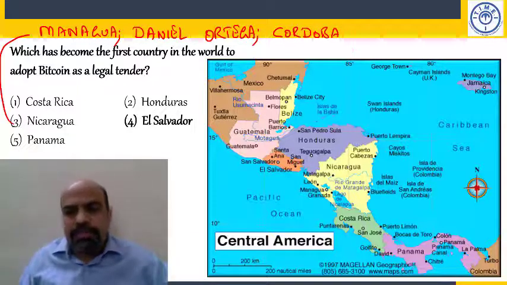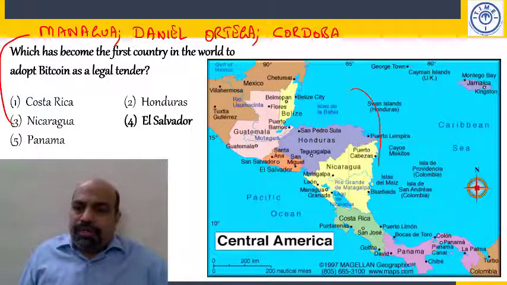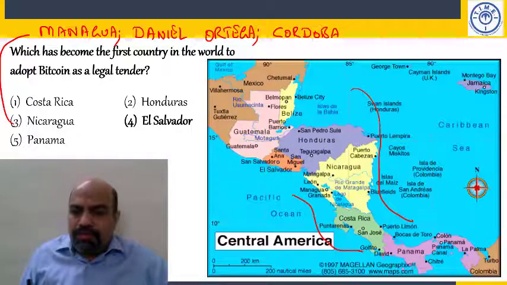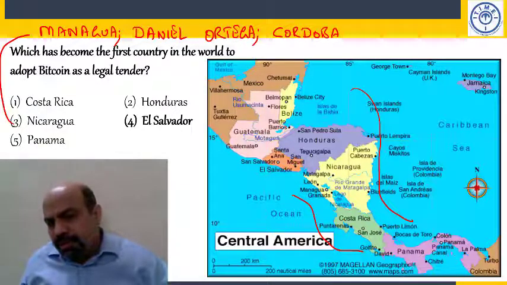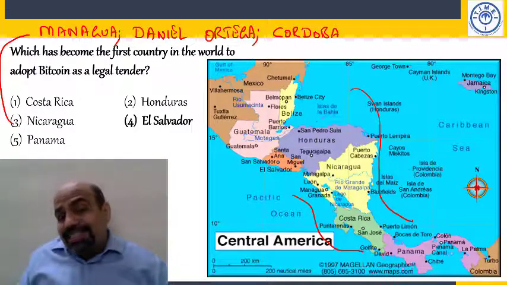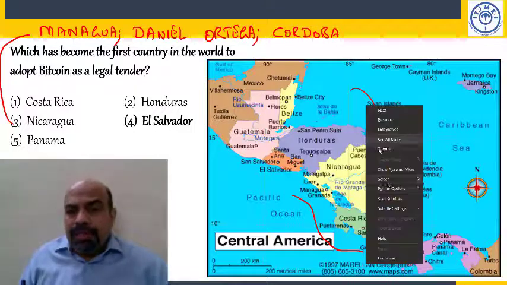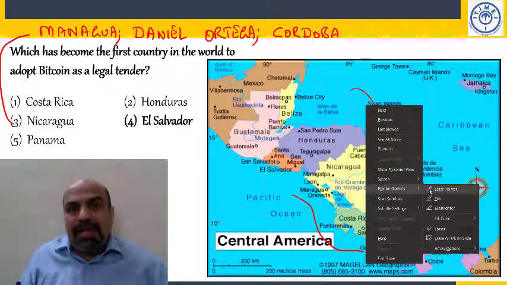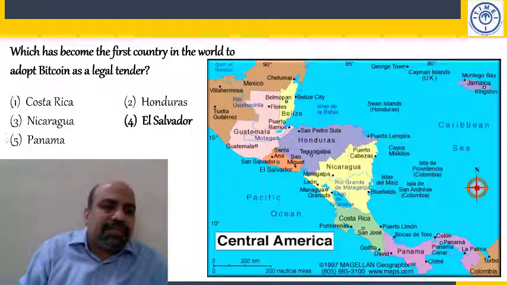You see, this has on this side the Atlantic coast. This is all the Atlantic, and this is the Pacific coast. What's the last country? Panama. You see this country here. This is a country that directly connects South America with North America. Okay, Panama. It's easy to know the capital, Panama City.